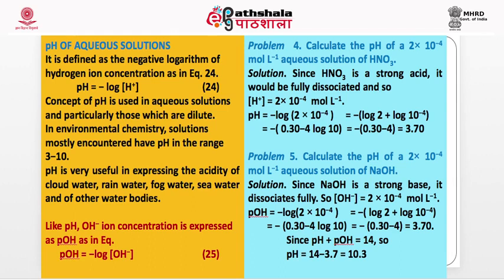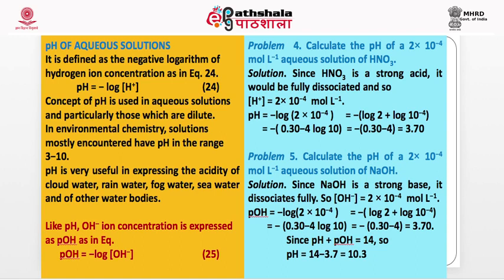pH of aqueous solutions. Now, how is hydrogen concentration expressed? For example, we have a water sample. It must be having some hydrogen. If we measure its hydrogen and write it in the form of pH, then this will be the expression: pH equal to minus log of hydrogen concentration. Take the log of hydrogen concentration, put a minus sign before it, and whatever the value is,